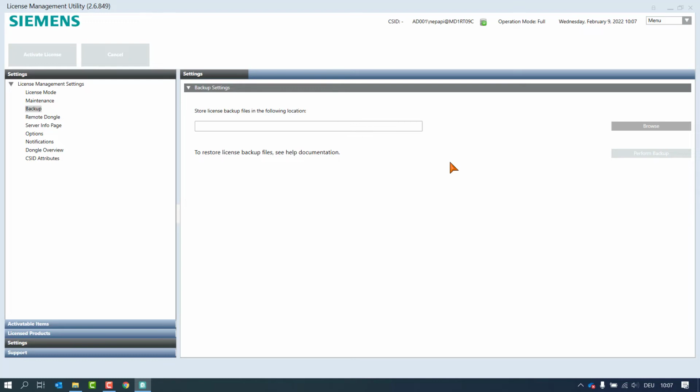Trusted Store-based licenses must be returned to the server prior to changes on hardware, like new hard disk, change of the operating system, etc. We recommend creating the backup folder on a device other than the one LMU is installed on, for instance another internal drive, an external drive, etc. To create the folder, click on the Browse button.